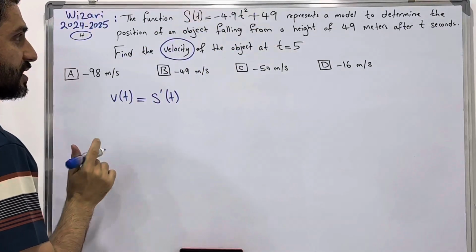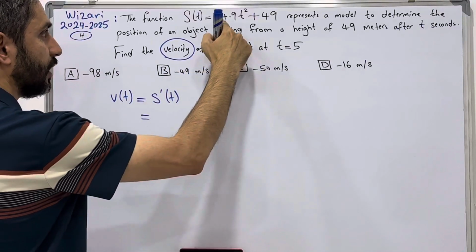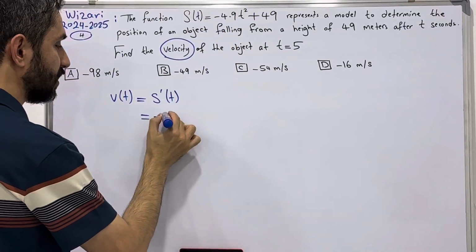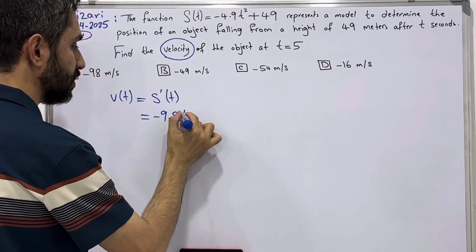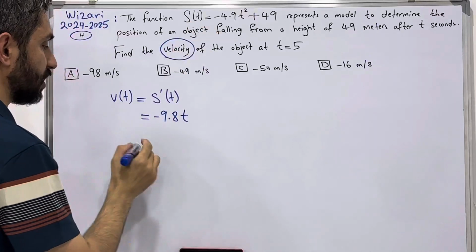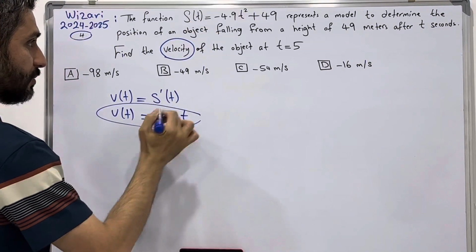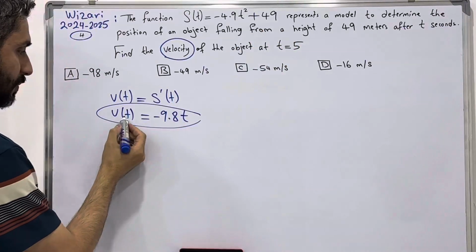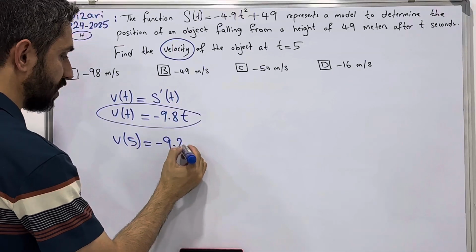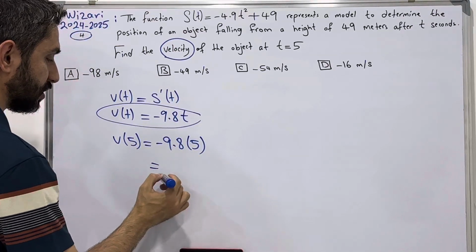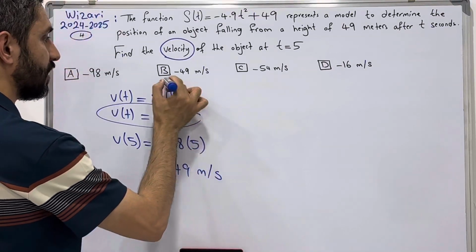The position function is given, so the derivative of position is 2 times negative 4.9, negative 9.8, deduct 1 from the exponent of t, so it will be just t. Derivative of 49 is 0. This is the velocity function, but we want when t is 5, so replace t by 5. So it will be negative 9.8 times 5 equals negative 49 meters per second, and the right answer is